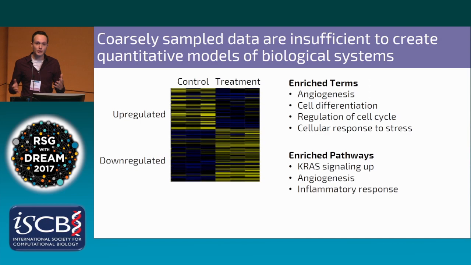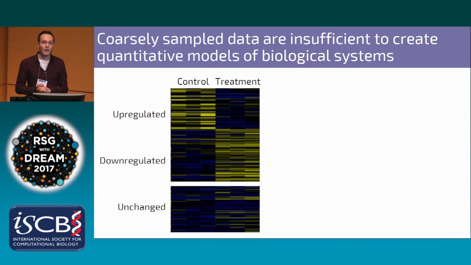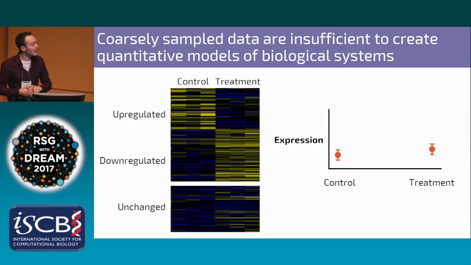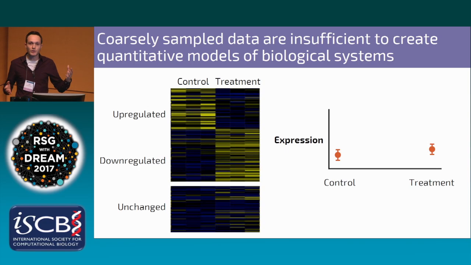The second issue that I have with this type of data is that we often ignore the genes that we can't identify differential expression in. And so I want to fight for these little guys over here that we're often ignoring. It makes sense in a typical setup that we wouldn't look at these genes because we can't identify differential expression between these. However, if the measurement of the treatment samples occurs along time periods after the treatment is applied, several